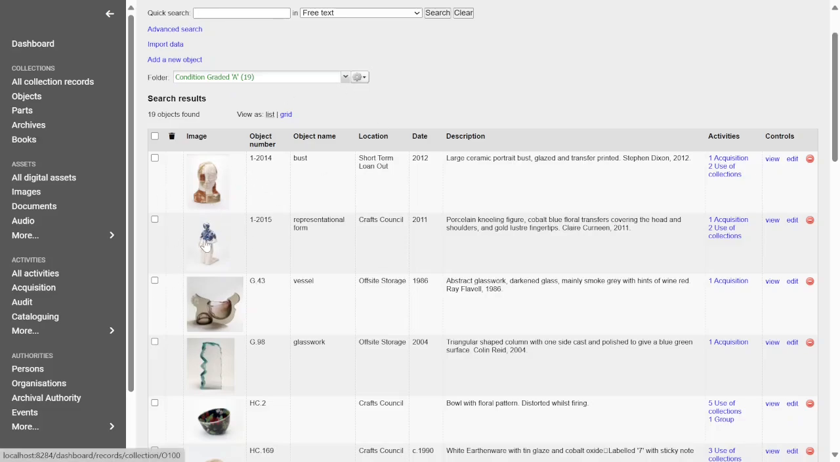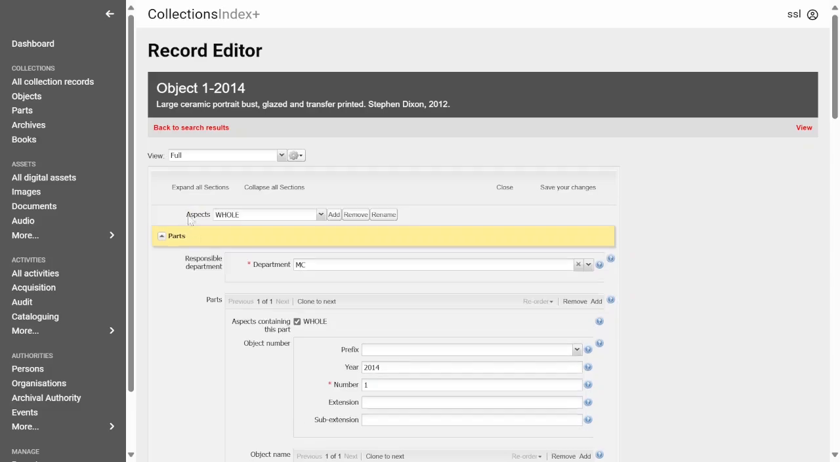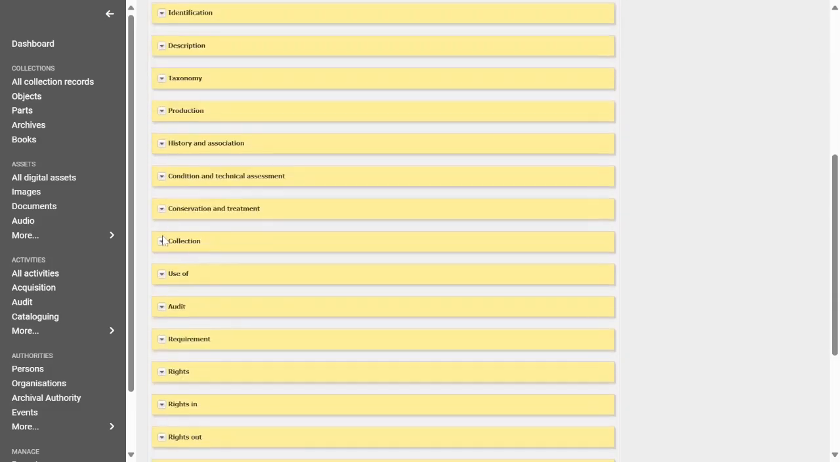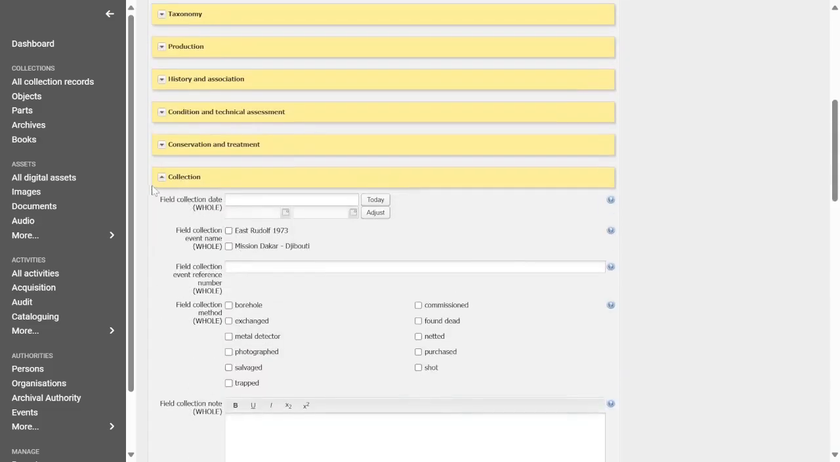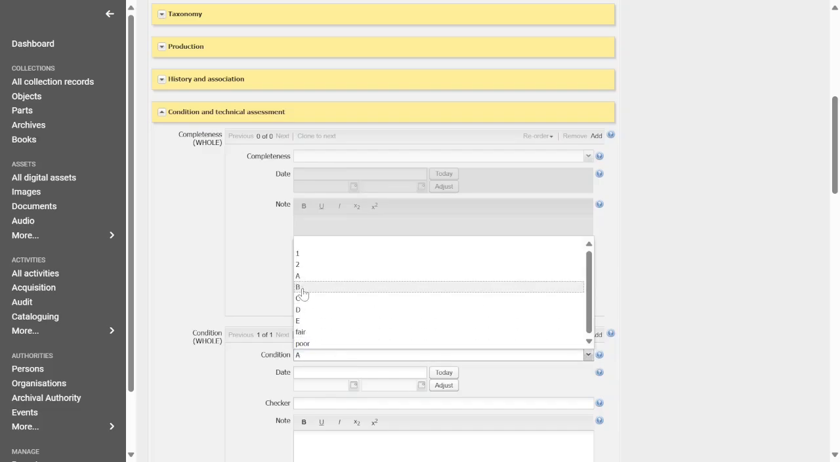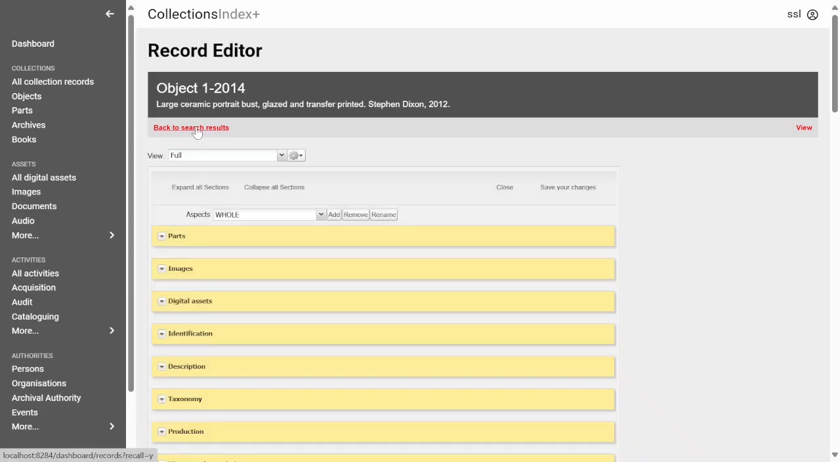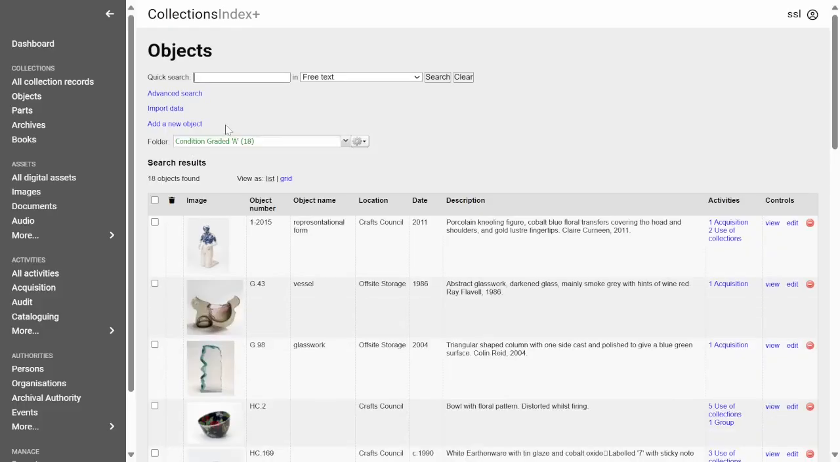So let's say that while we've upgraded the condition of this figure, maybe we want to downgrade the condition of this ceramic bust. Again, if we edit this record, and we're just going to scroll down again to its condition. I'll get the right field, there we go. And let's say this has been downgraded to a B. We're now going to save our change. Go back to our search results. And now already condition graded A has dropped back down to 18 records